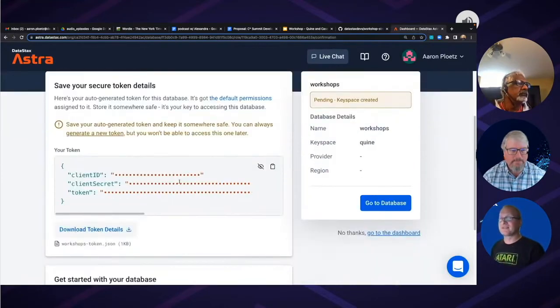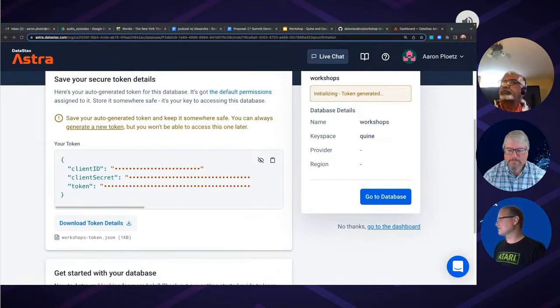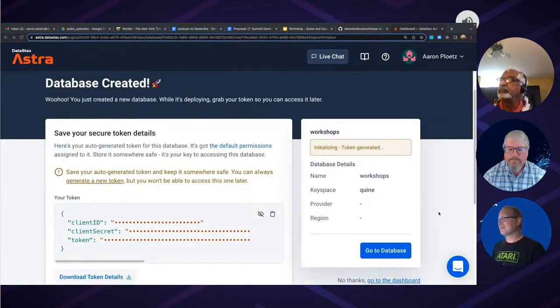Oh, right. I get my token details. So important. You can either download or you can actually hit the copy button here. I'm going to do that, just to make sure that all gets pasted somewhere off screen. All right. So let's